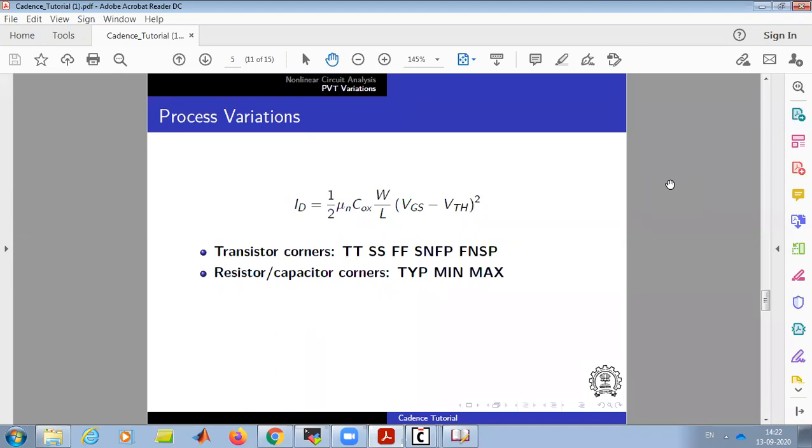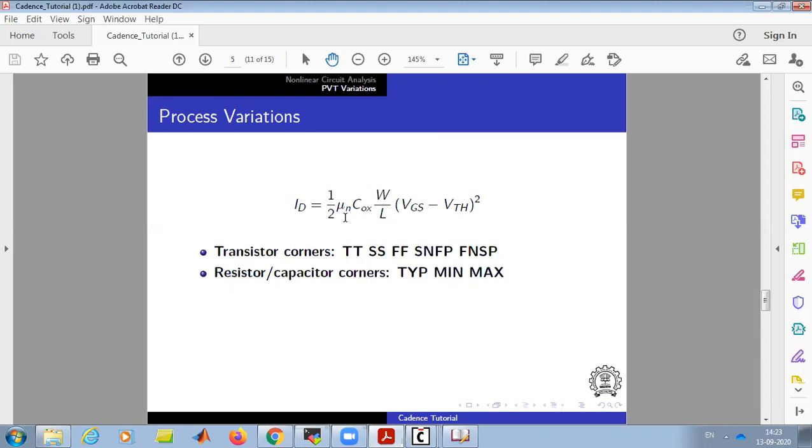So what I want to say is, if you make a transistor 1,000 times or 1 lakh times, every time it will have a lower limit and a higher limit, based on the process of annealing and how many dopants get activated. In this term, we call it slow for those transistors which are at the lower limit of mobility. As you can see in this, ID is half mu n. So mu n can be in two ranges: one is the lower limit and the other is the higher limit.